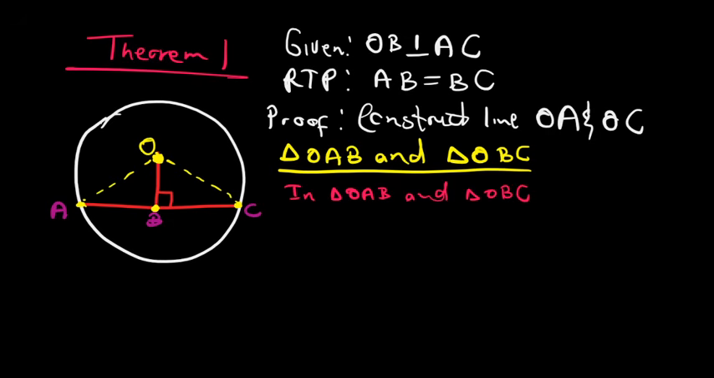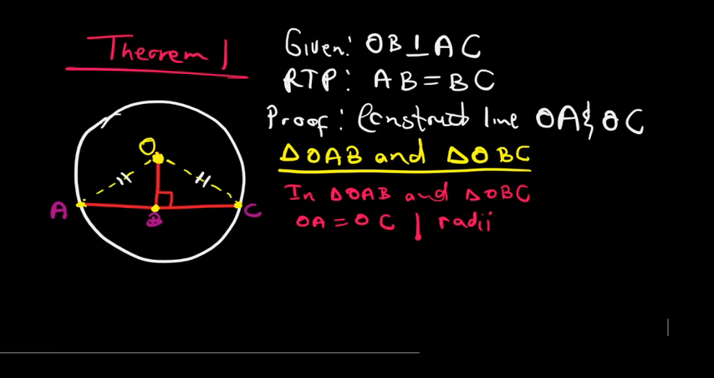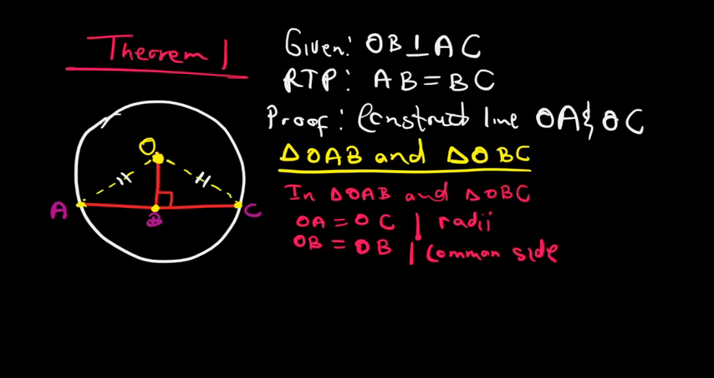The first common thing about these two triangles is OA is equal to OC. Reason for that, it's radii. So they have equal radius. This radius is equal to this radius. And then another thing is OB is equal to OB. Reason for that, it's a common side. So this is the common side here. Let me just write one line. And then another thing that is common here,